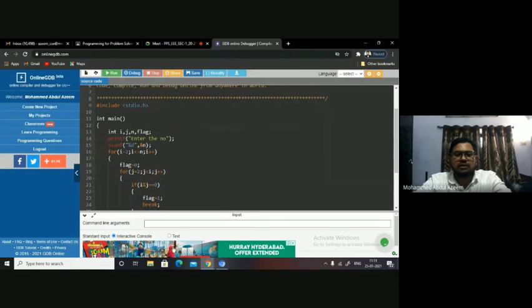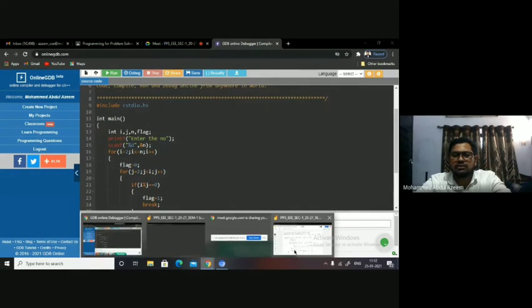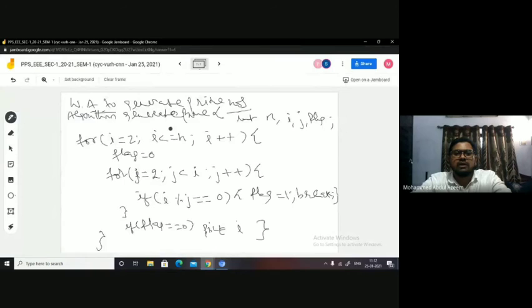See, it is very similar to the algorithm which I have discussed with you. You can see I've taken i, n, flag. I have accepted n, then for i equal to 2, i less than or equal to n, i plus plus, I am taking all such values for which I am to test the logic, between 2 till n. Before I enter into the logic, I am initializing the flag value to 0.